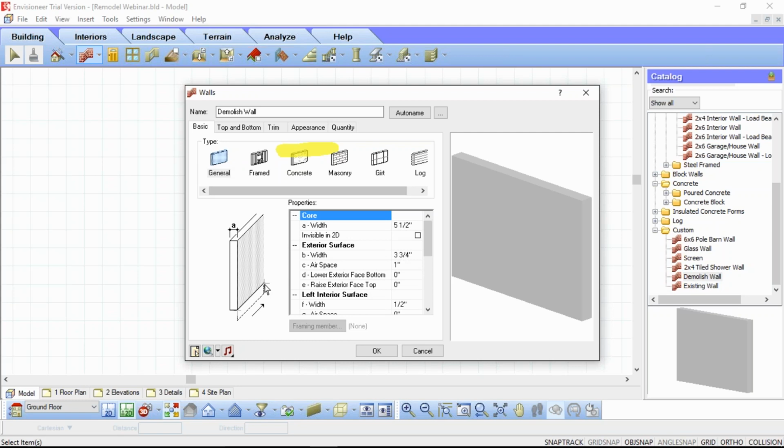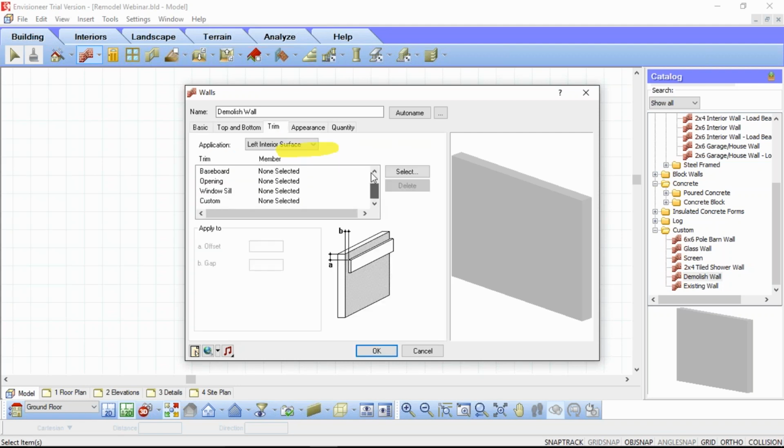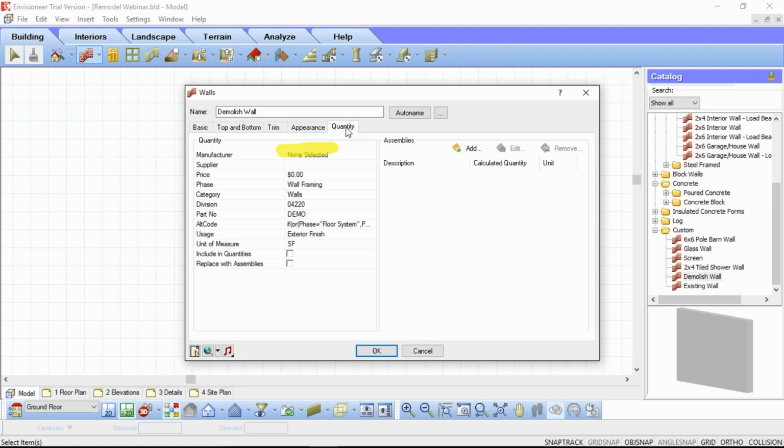We can see here, just like the existing wall, it's set to be a general wall and not framed. Again, we don't want to include quantities. If we're going to be getting rid of this wall, there's not going to be any material that we want to put in place of this wall. Trim tab, again, same thing. There is no trim either on the interior or exterior surface of our demolished wall. The quantity tab, again, including quantities is unchecked. We don't want to include anything for quantities. We just want this to simply show up in our 2D view to show that this wall is going to